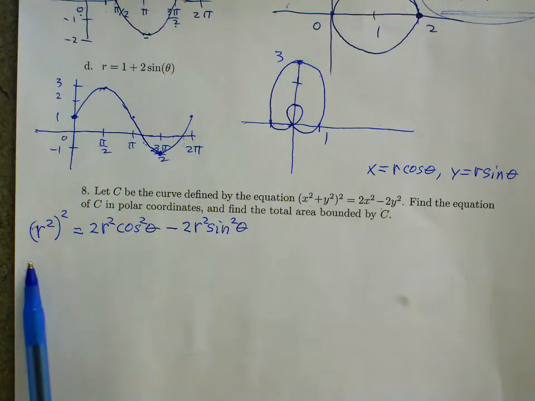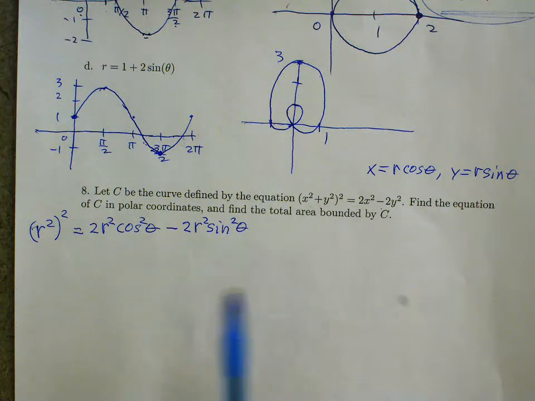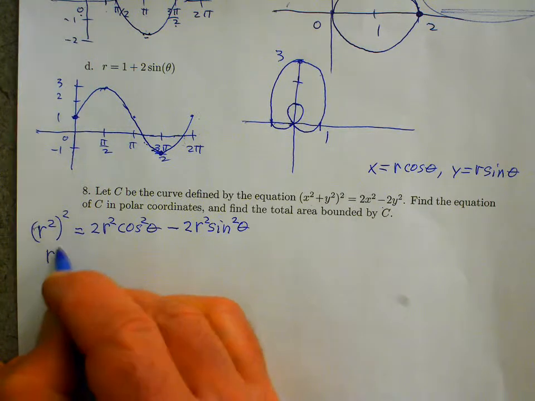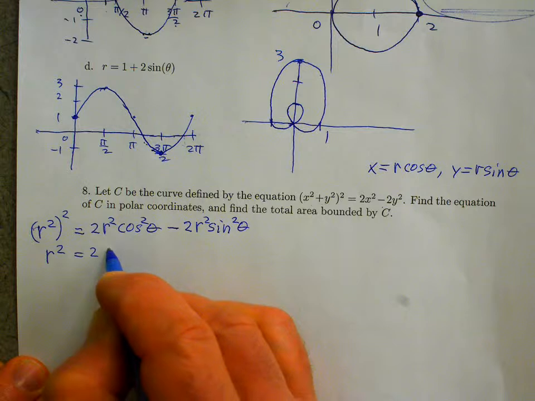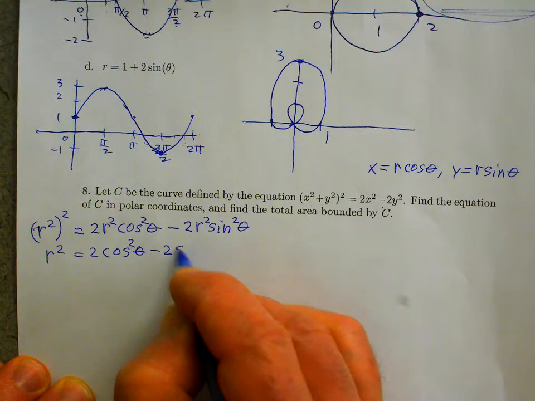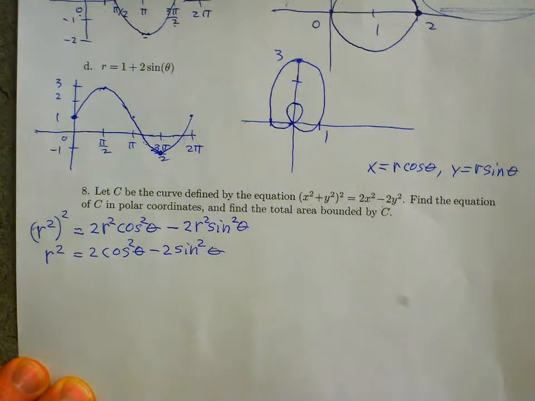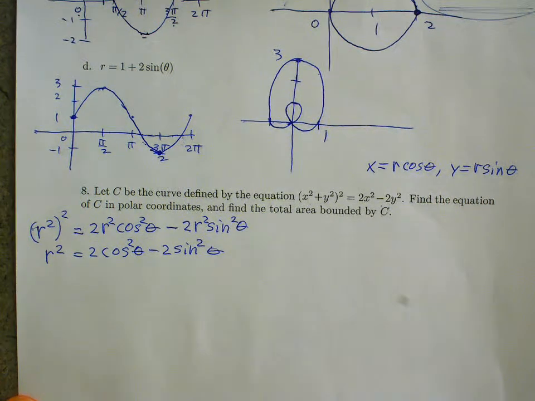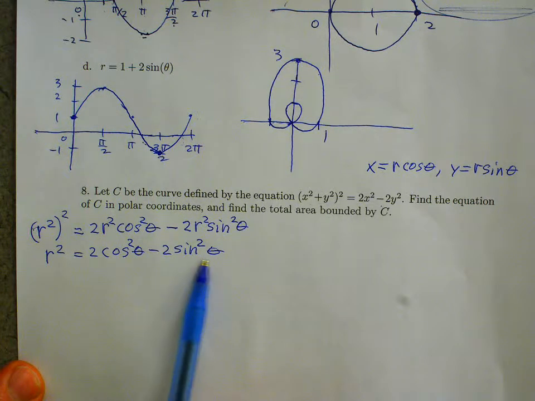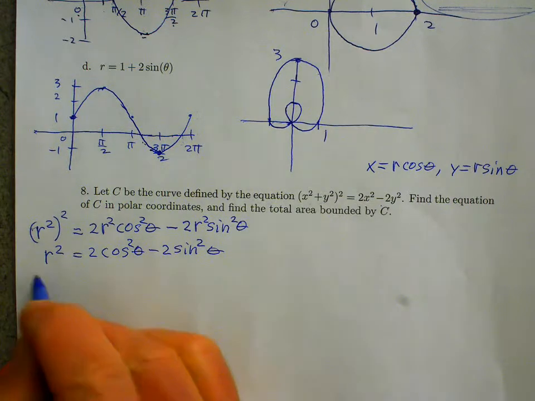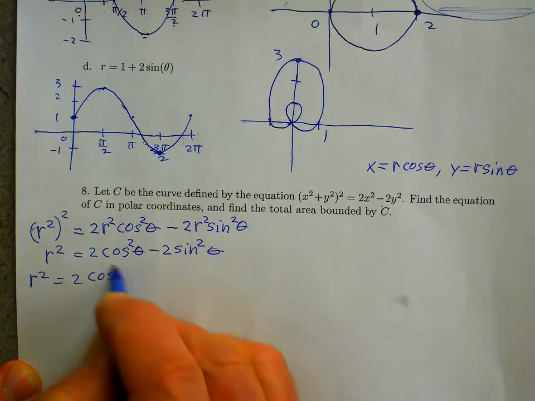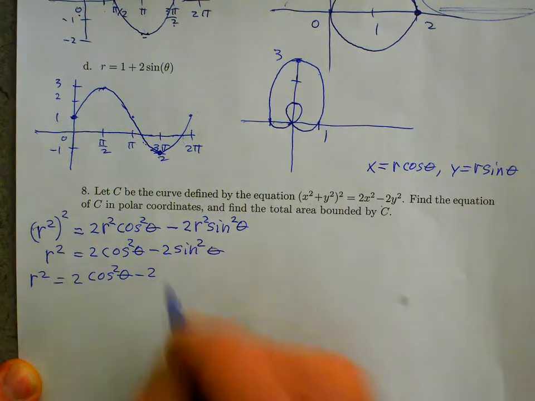We can divide both sides by r squared to get rid of that extra r squared. And when we do that, we'll get r squared equals 2 cosine squared theta minus 2 sine squared theta. Okay, what I'm going to do, I'm going to replace sine squared theta with 1 minus cosine squared theta. So we'll get r squared equals 2 cosine squared theta minus 2 times the quantity